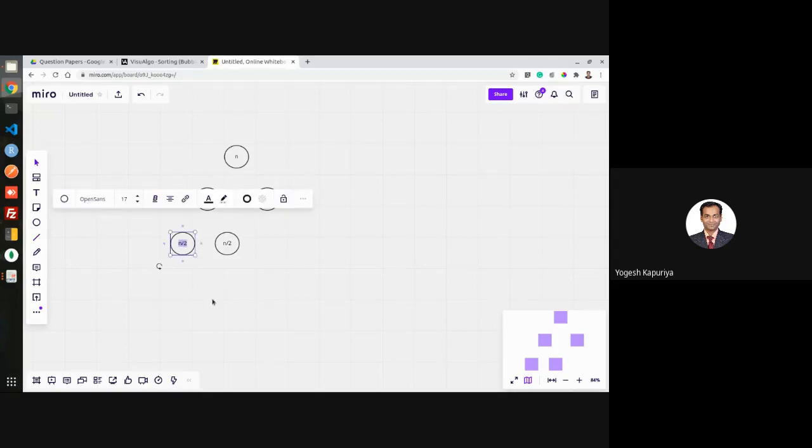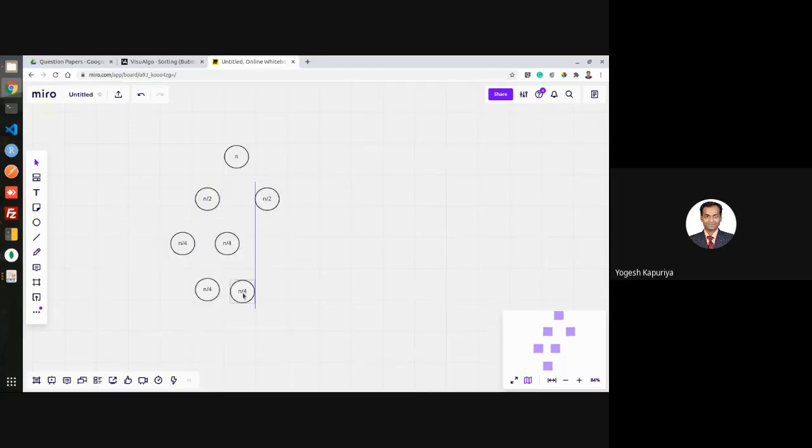So this will be n by 4. Okay, this will be n by 4. Again you find a midpoint over here and it is found that it is in the right part. So again you will simply split that. So this is how it goes, right? And basically this is actually a binary tree.